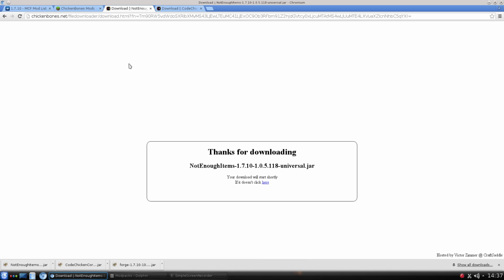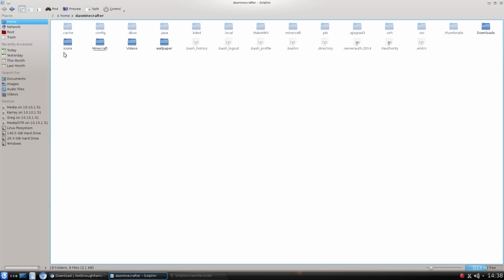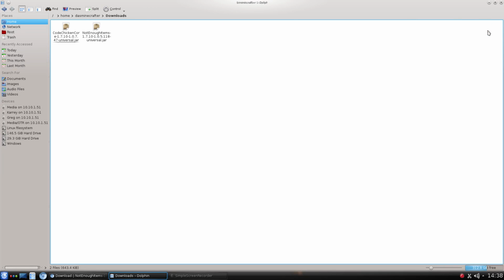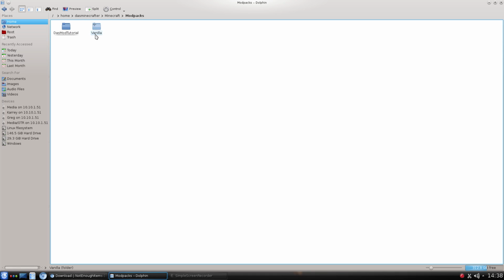I don't feel comfortable doing this in a Windows environment, I'll be honest, because who knows what kind of junk it's going to load. Now that we have those two things, we can go to our mod pack area. We're going to go to our downloads folder. We're going to find those two things, and we are going to cut them, get back into Minecraft mod packs